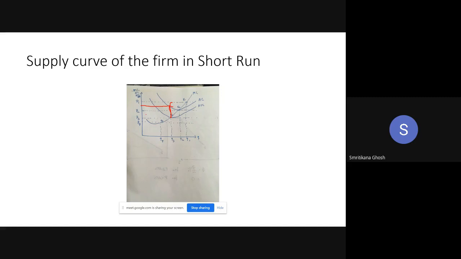If you produce and you are getting a price more than P3 like this, then a part of the fixed cost is covered. So you should be happy with that. Otherwise, you have to spend the total of your fixed cost without earning a single rupee. So it's better to stay in production. This is a very common question in a perfectly competitive market: whether the firm should produce while making a loss. What do you think? Your answer depends on this diagram.